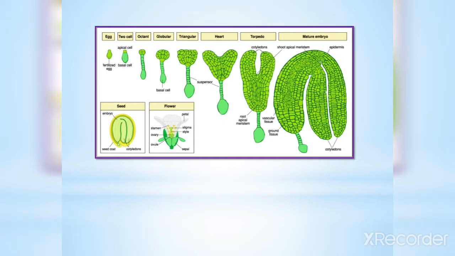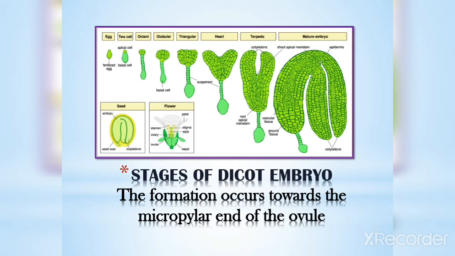Well, this is the picture of the dicot, how the formation of the dicot embryo is occurring here. As you see, the stages of the dicot embryo. Actually, you know that the embryo is located towards the micropylar end, right? Because the egg apparatus is towards that side, right? Now when the fusion has occurred, the development into the two cell stage happens here, and in that two cell stage, as you see here, two types of cells are formed. One is called a basal cell, another is called the terminal cell.